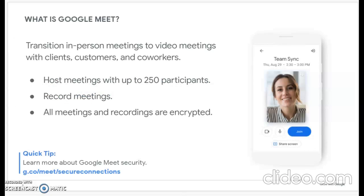With Meet, people can access your meeting from their computer, tablet, or smartphone. You don't need any plugins or special software. If you're connected to the internet, you can connect on Meet. As you see in the screenshot, when you're looking at Meet on a phone, you'll see your scheduled calls under